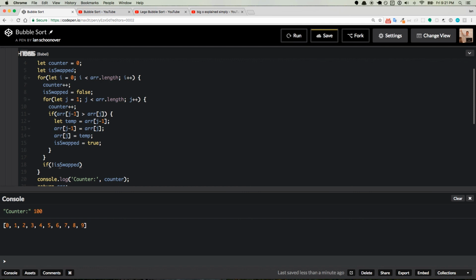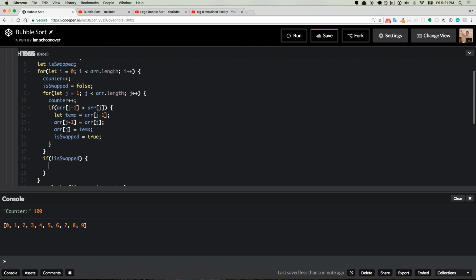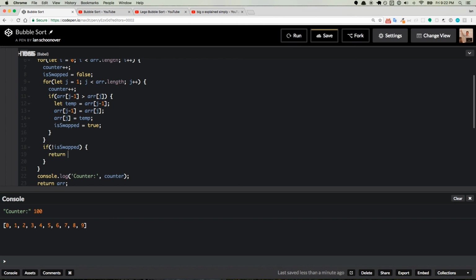If it's true, then it's false. The if statement will not run, but if it's false and the opposite of that is true, then the if statement will run. So if it does run, meaning it's false, opposite of false, true, then that means that we are completely ordered at this point. We're sorted, and we can return out of the function early. So what we'll do is return